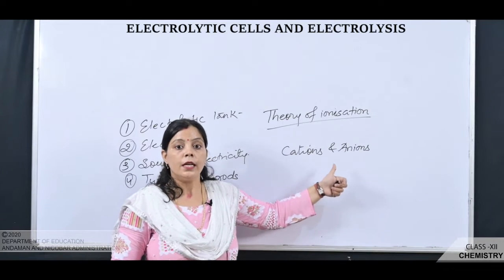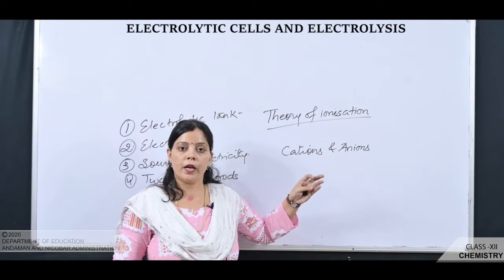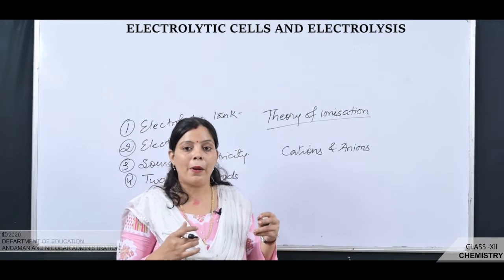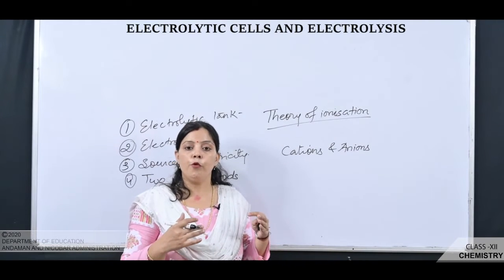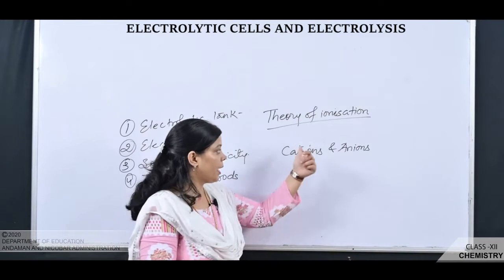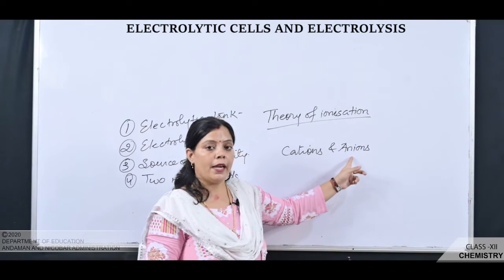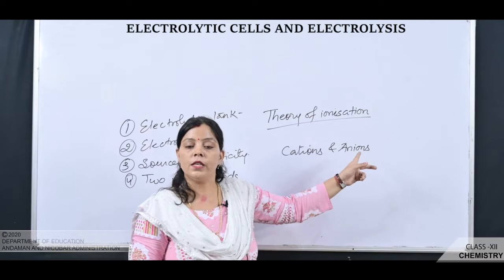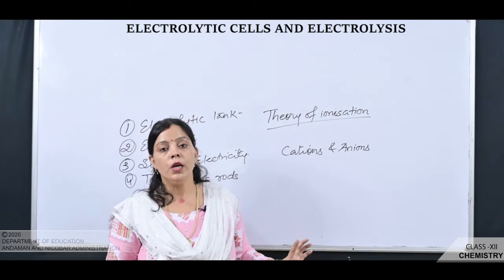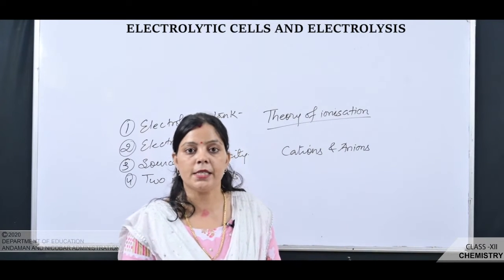After ionization, these ions are free to move about in the aqueous solution, and when electric current is passed through the solution, the ions respond to the applied potential difference and their movement is directed towards the oppositely charged electrodes. The cations move towards the negatively charged electrode, whereas the anions move towards the positively charged electrode. The formation of product at the respective electrode is due to oxidation taking place at the anode and reduction taking place at the cathode.